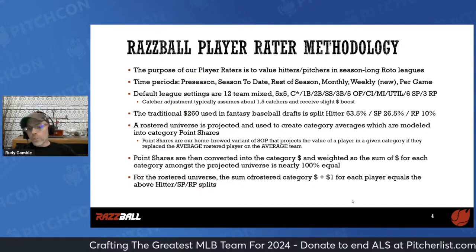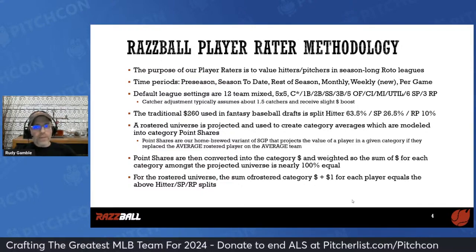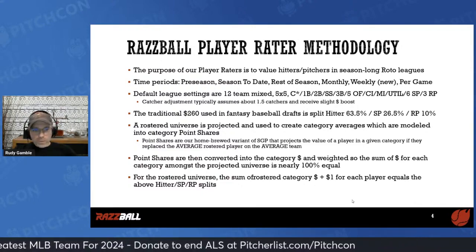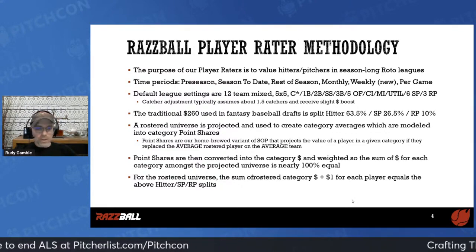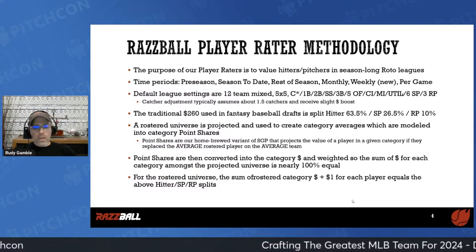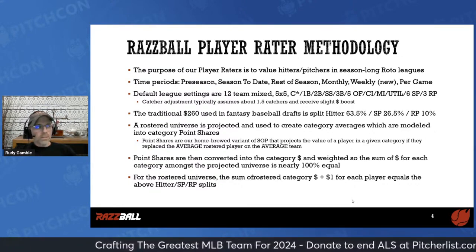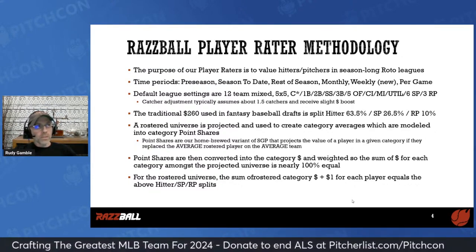Rostered universe are projected and used to create category averages. Basically, I'm trying to figure out, it's kind of like SGP. Mine's a little different. I don't put as much factor into replacement value. I'm looking at average values. But at the end of the day, the goal, and I'll just end this slide mercifully for 99% of you,